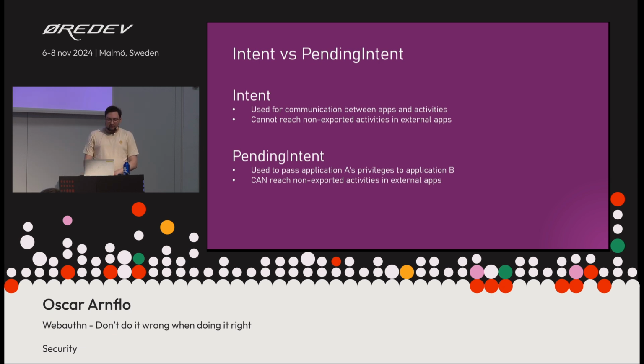Intents in Android are used for communication between apps and activities, which means that you cannot reach non-exported activities in external apps. If you have an application that does not expect to receive an intent from another app and the activity is not exported, you cannot call it. However, with pending intents,